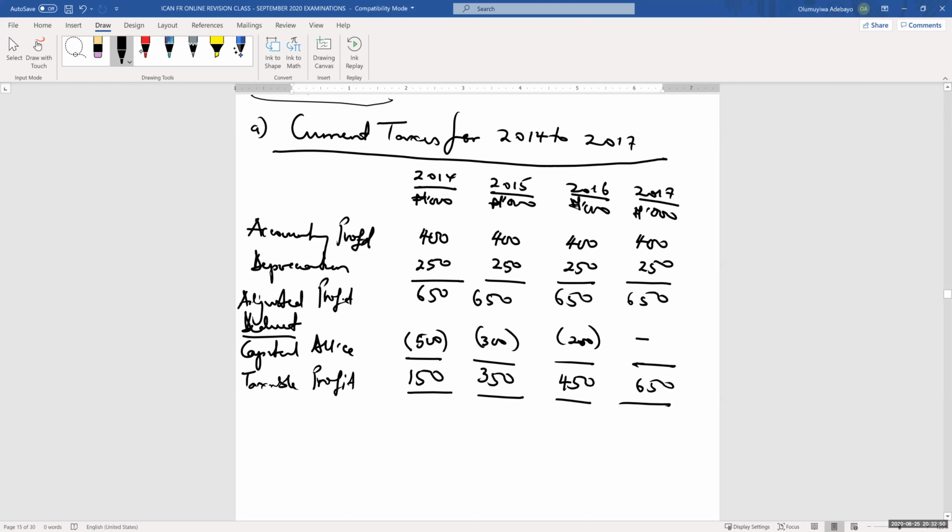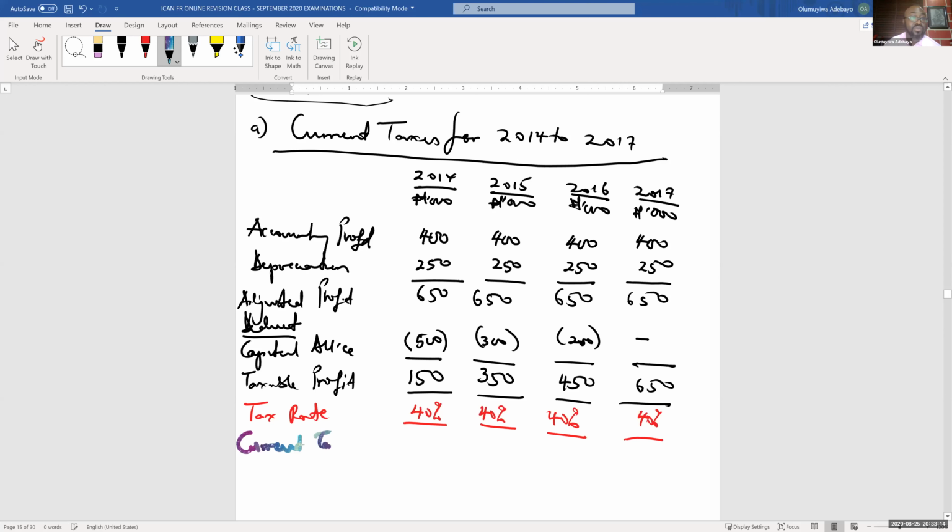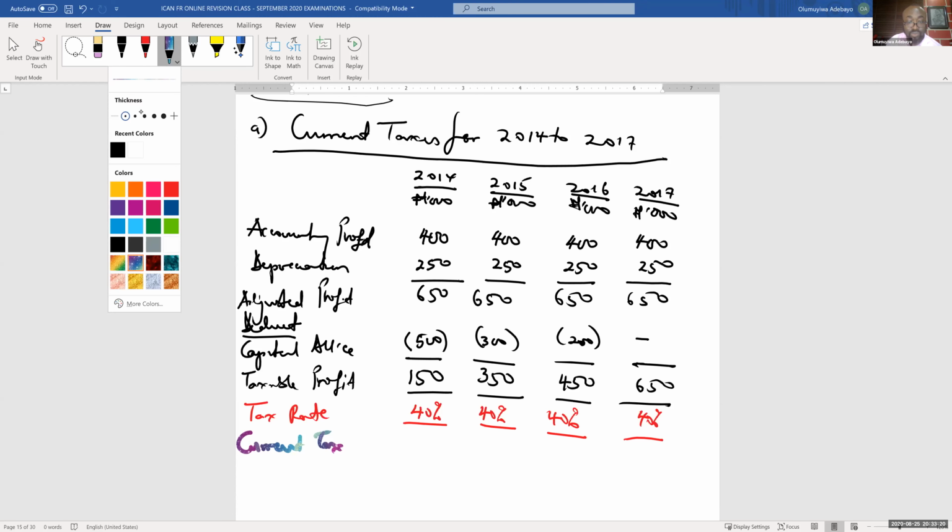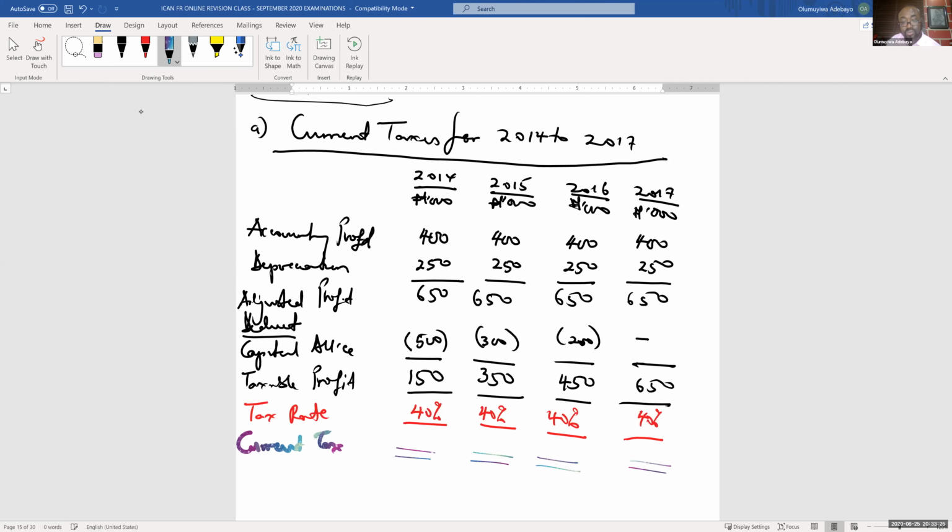Our tax rate is what? 40%, and it has not changed over a period of 4 years. Invariably, what is our current tax? What's our current tax? 40%, which means